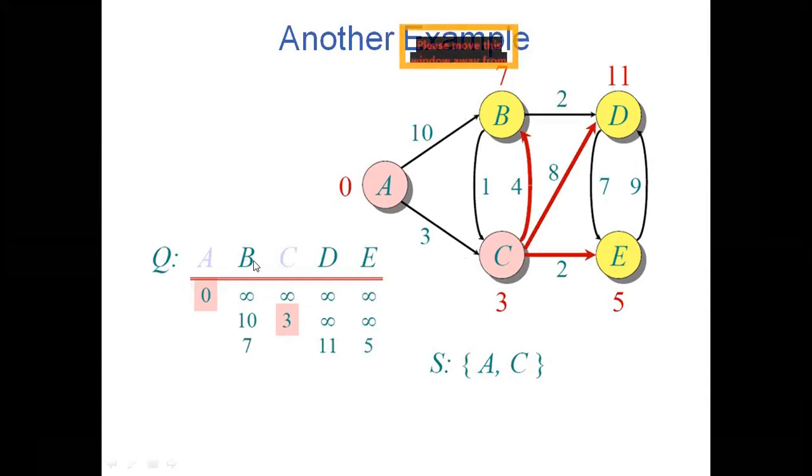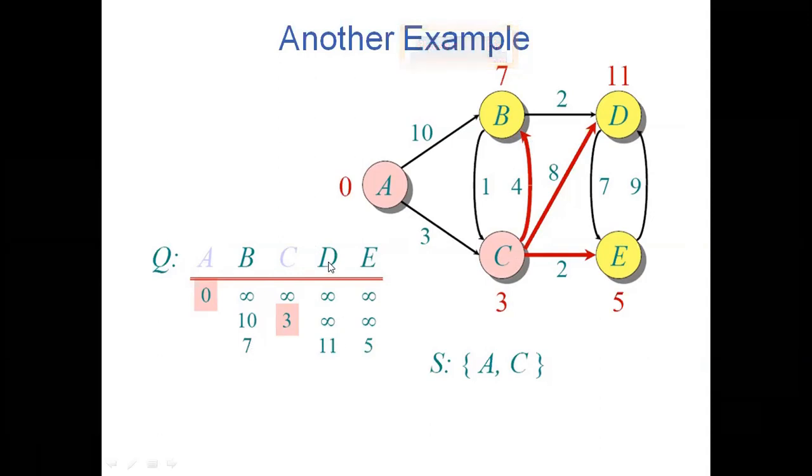Now see here, we have 7 at B. From C, there is a direct edge to B. See, the edge is represented with red color. A to C 3, C to B 4. So at B, the cost is 7. In the same way, check from vertex C to D, the remaining vertex. From A to C it is 3. C to D it is 8. So 3 plus 8, 11. To D, it costs 11.